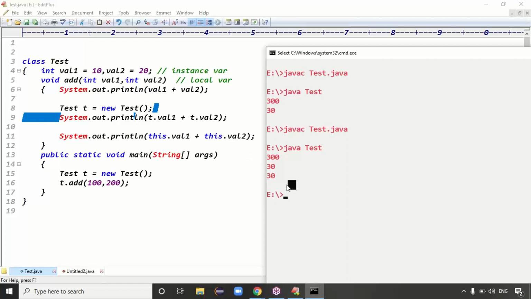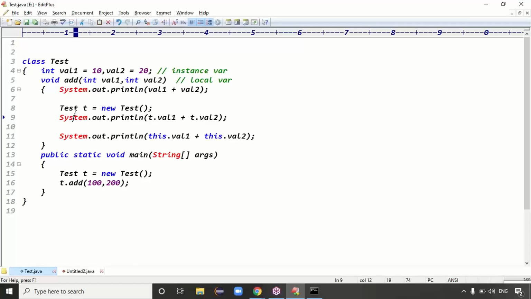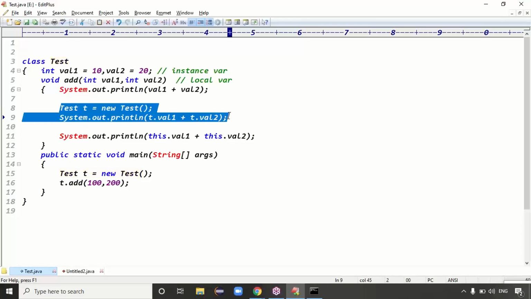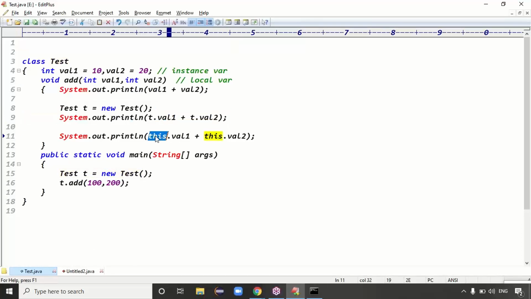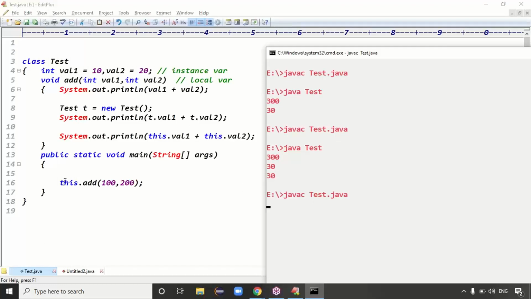That is the information, guys. So both are having the same name, then to represent the instance variable, you require the object. But in place of object, it is possible to use the this keyword. And you may ask one question here: sir, inside the main method also we have the object, but in place of this object, can we use the this keyword here or not? This is not possible, guys, because it is possible to use the this keyword only inside instance methods.